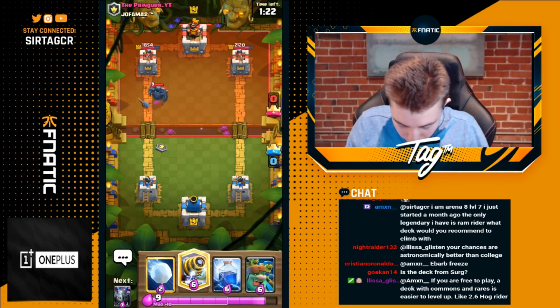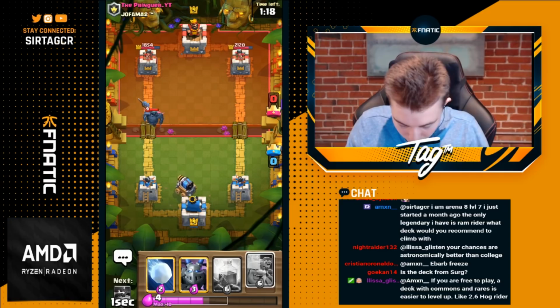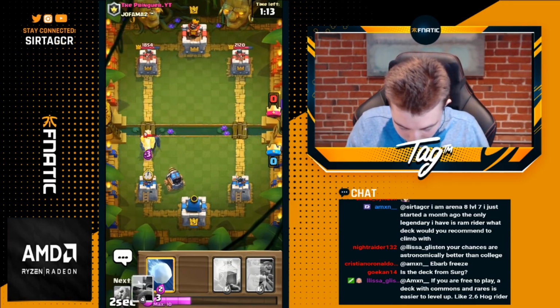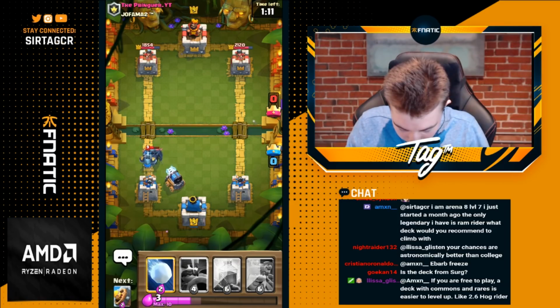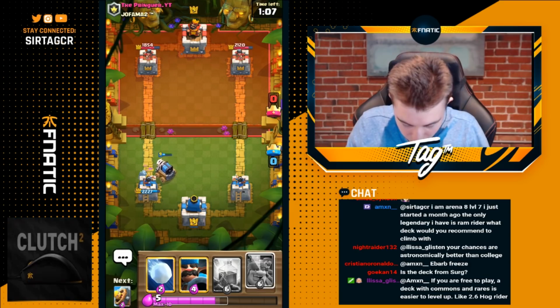So I'm faced with a few situations. Do I want to end up going for a Sparky and then try to get counter push when his P.E.K.K.A's out of cycle with a Goblin Giant in front? Or do I want to go Goblin Giant and kite that? I think Sparky is probably the play, and then I go for Mega Minion just to make sure that doesn't get hit off on my Sparky. Even Lightning, so I think that's a pretty big overextension, so now I can...